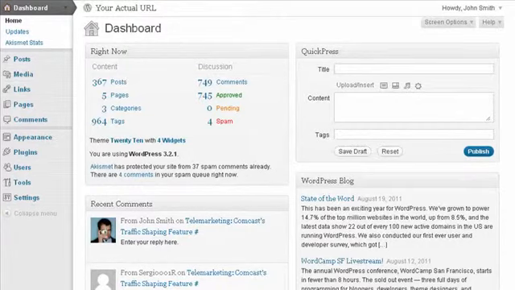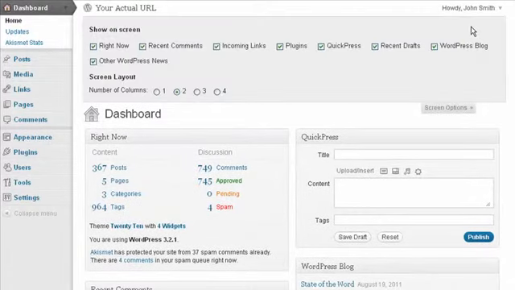So once you are logged in to your WordPress account, there are a few things you can do to make your WordPress blog look the way you want it to look. The first is to customize the amount of tabs that appear on your dashboard, and also to reorganize the tabs to however you want it to be. So click on Screen Options,